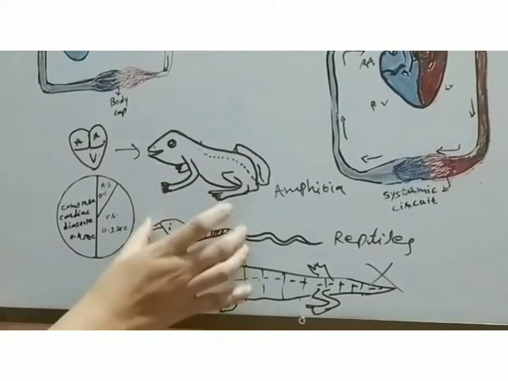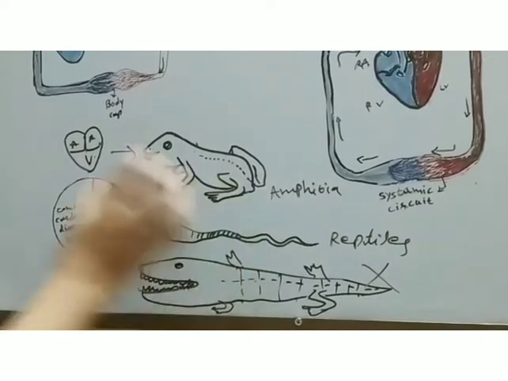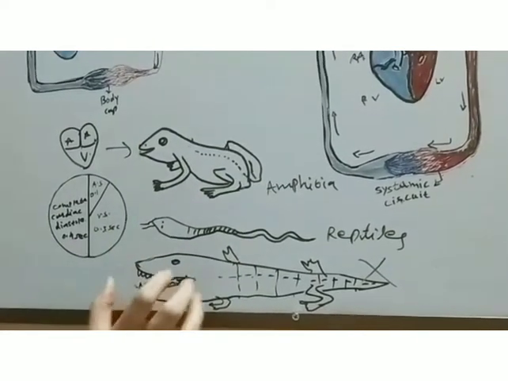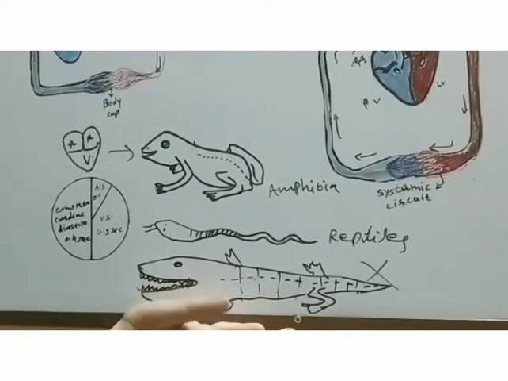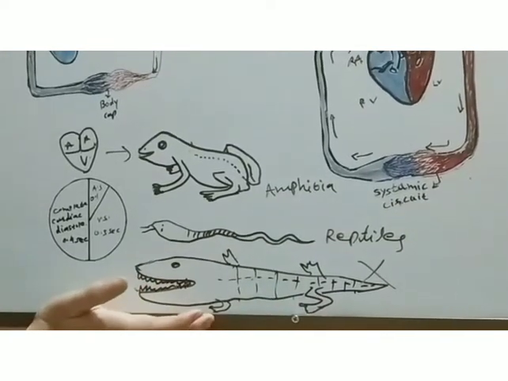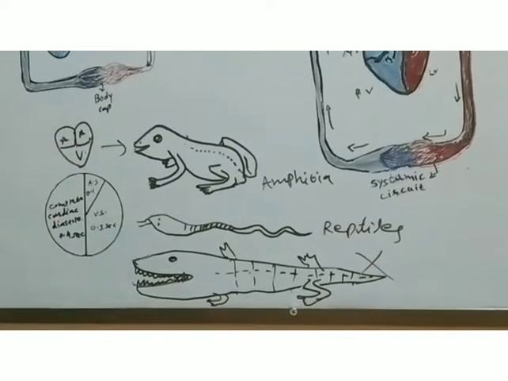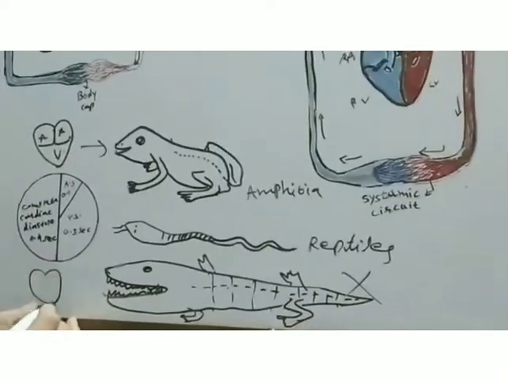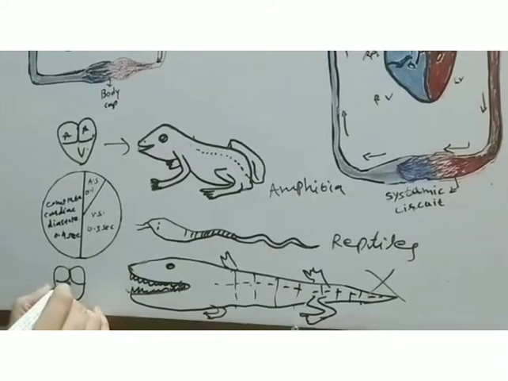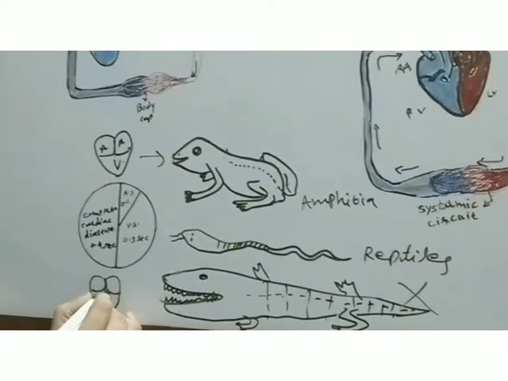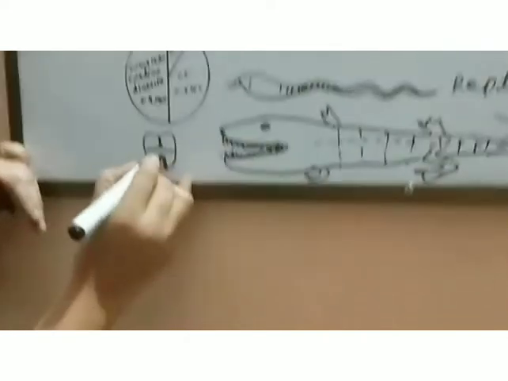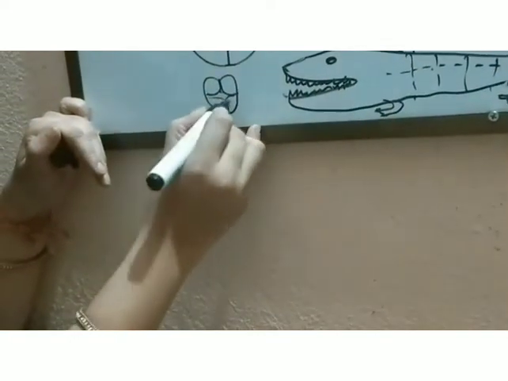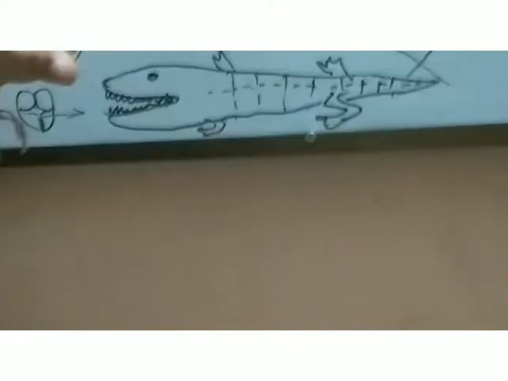So amphibia and some organisms of the reptiles exhibit this kind of incomplete double circulation, but the crocodilia class has a four-chambered heart and very little mixing of the blood takes place. In this way, the four-chamber heart is there, but a slight gap is there between the two ventricles where the mixing takes place. After these groups, all organisms show the double circulation of the blood.